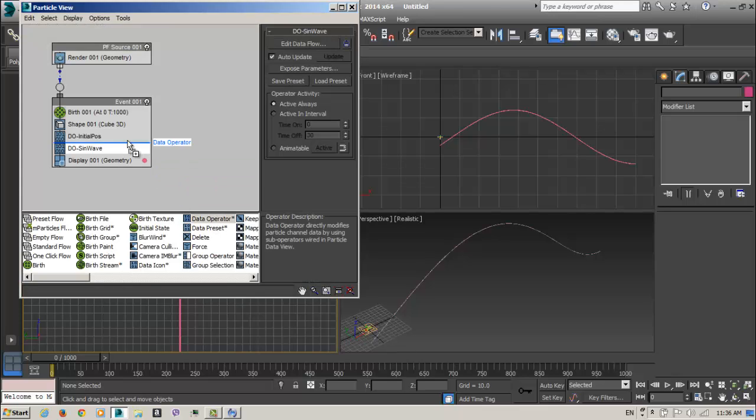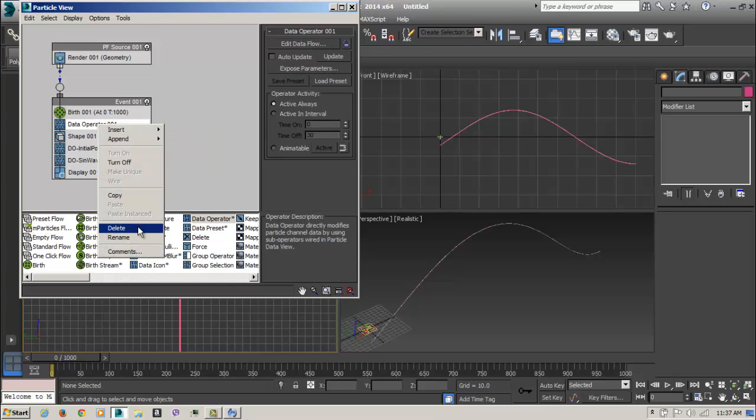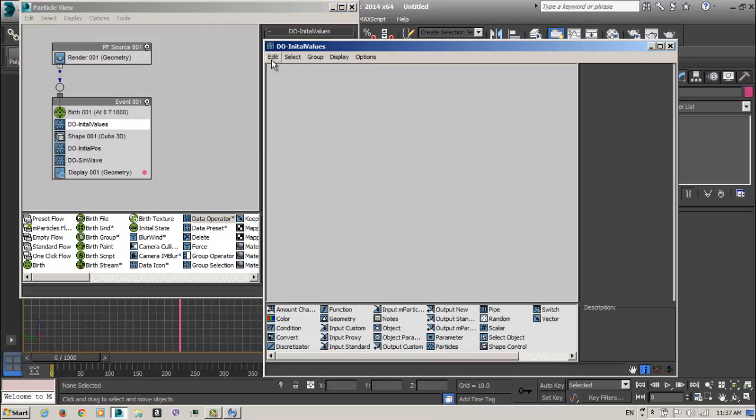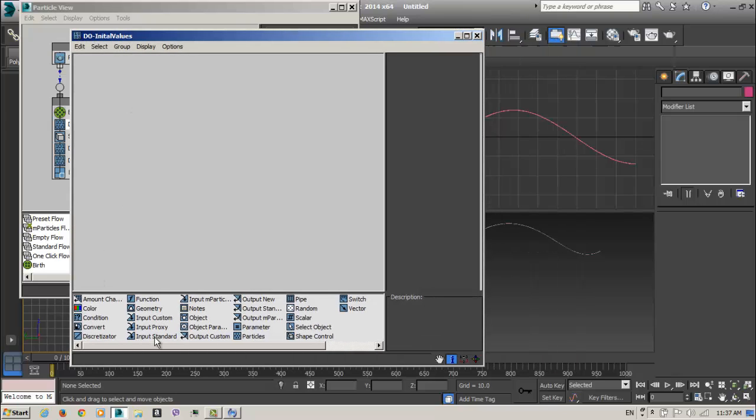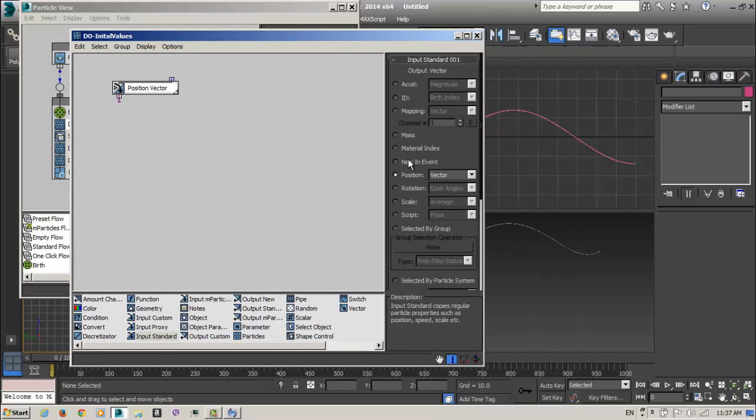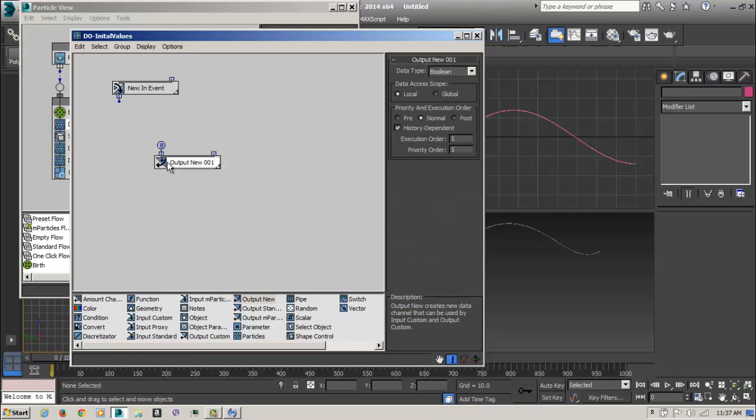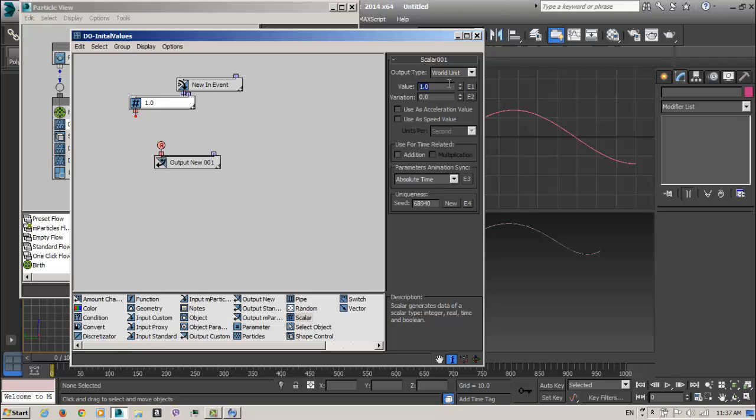I create another data operator here, and I rename this to initial values. I create an input standard which says new event, and output new, which will be a global and a real, and a scalar, which will be of course 0.